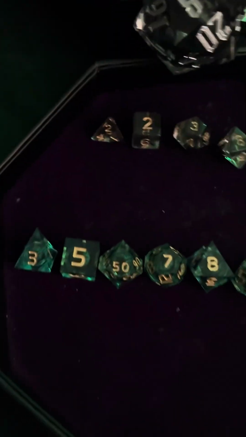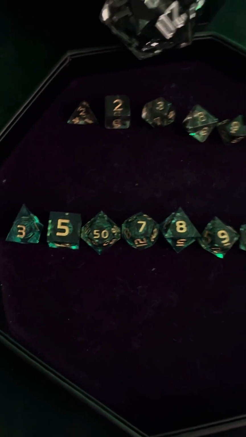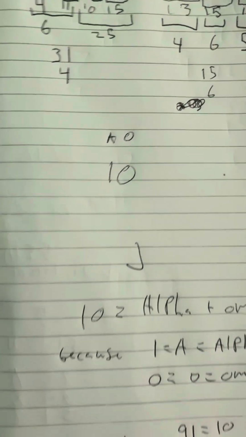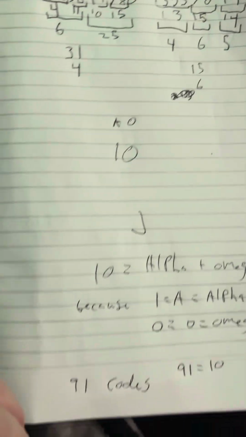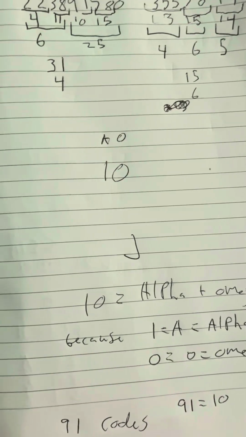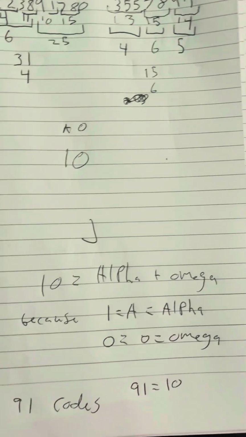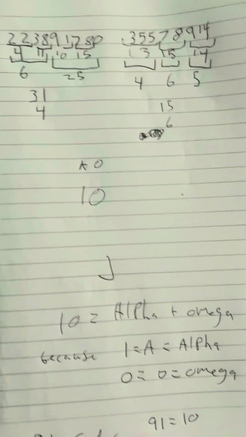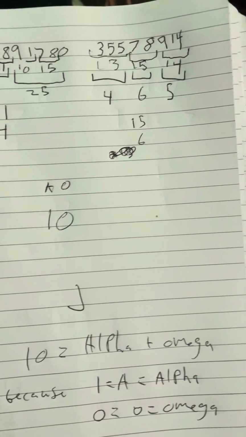Then I organized them from smallest to greatest. So there's that. And then what I got is, the final number that I got was 4 and 6. When you add 4 and 6 together, you get 10, right? Okay, so now if we switch letters to numbers, so if A equals 1, B equals 2, C equals 3, and so on,